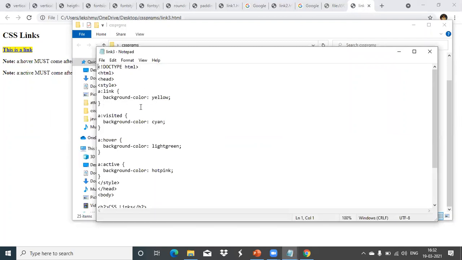First we gave only the colors for the link. Now a background color is given yellow for that link. Once it is visited, we are changing that into cyan. Then when I keep the mouse over that link, it will change into light green. Then when it is active, it shows with the background color of hot pink. Okay, so we'll see here.